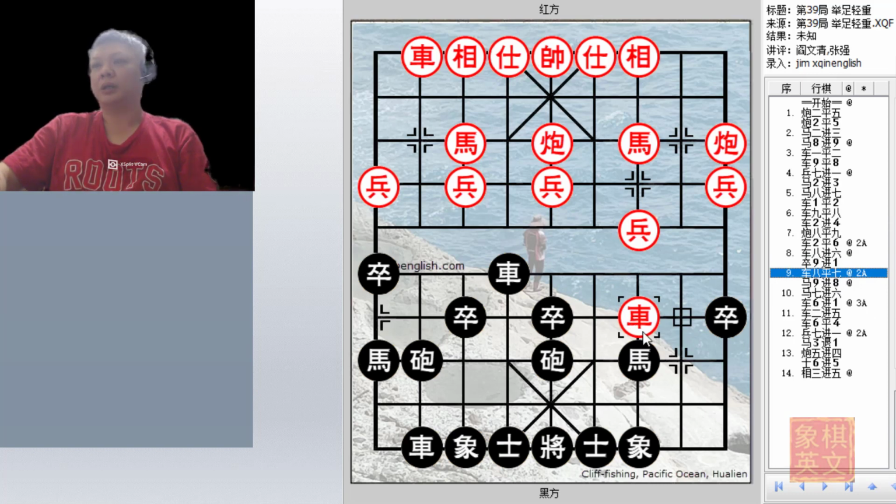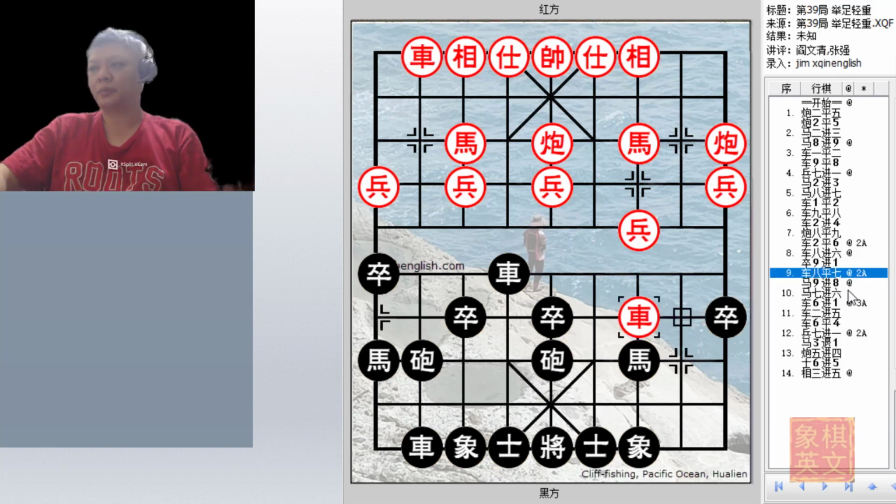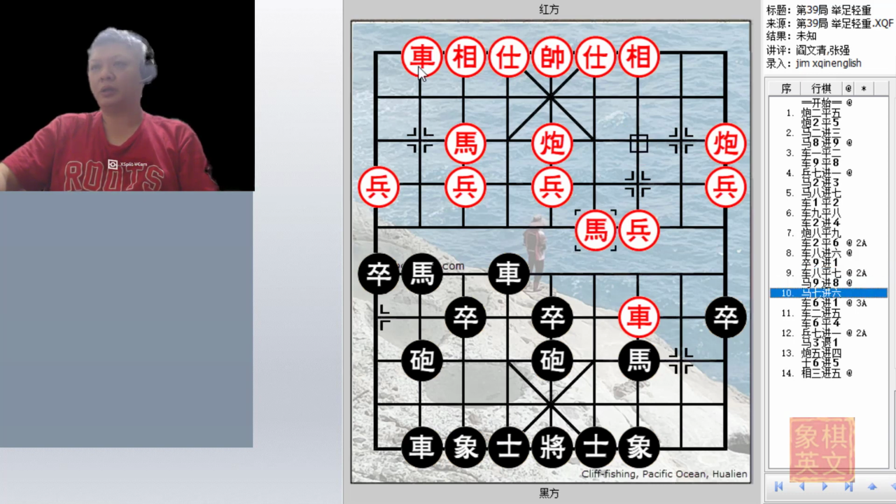Now, this is a very important move. r2 plus 6 is not a good idea because black would adjust his formation and red's attack would come to naught. r8 equals to 7, r9 equals to 8. And instead of backing down, red counters very aggressively by threatening the chariot over here. 3 variations. r6 plus 1